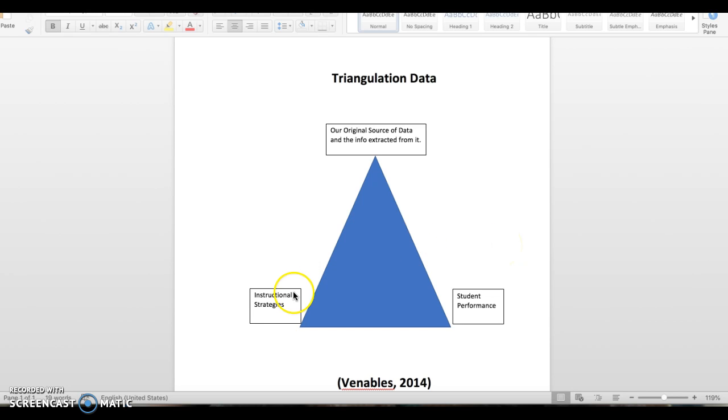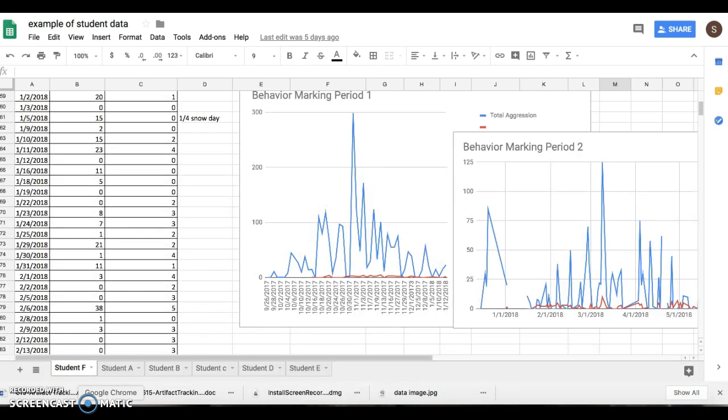So if we start with the first one, the original source of data, my original source of data is behavior data that I took on one of my students over the course of last year. And he showed some really high signs of aggression. And so we just kind of wanted to try and get a handle on some of those behaviors as it was really impacting his learning. So you can see over here the actual